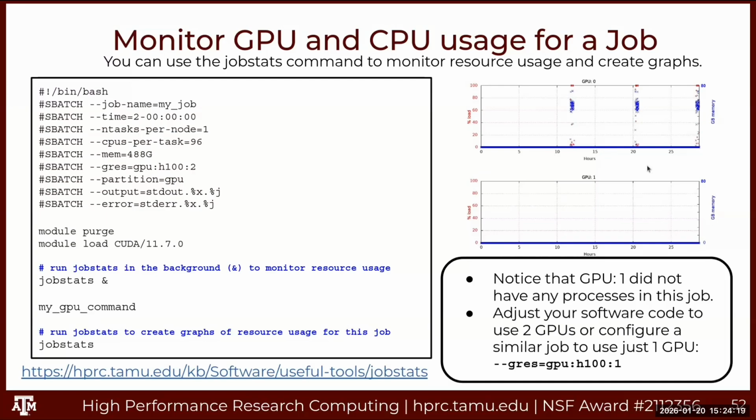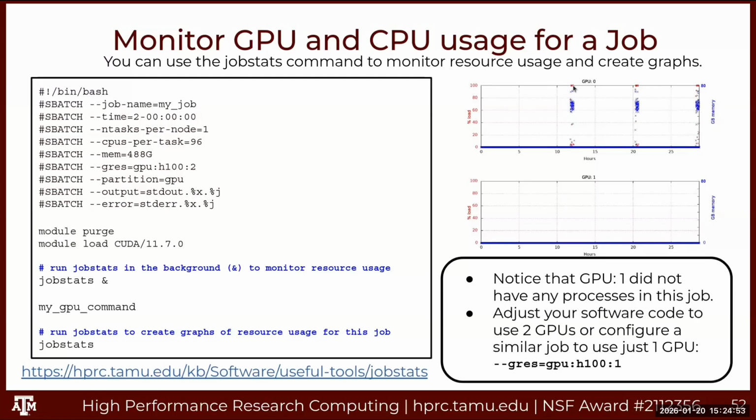This time it creates images of usage. And let's look at this. This is a GPU job. In the GPU job, I scheduled two H100s. If you look here at the usage, memory is in blue. The H100 GPUs have 80 gigs of memory. So for the most part, it was using about 40, maybe 50 gigs of memory, with some spikes here. And then the percent load on